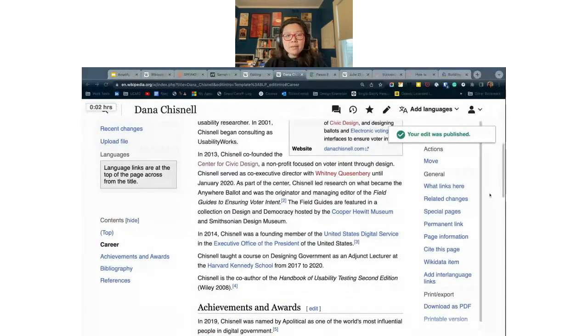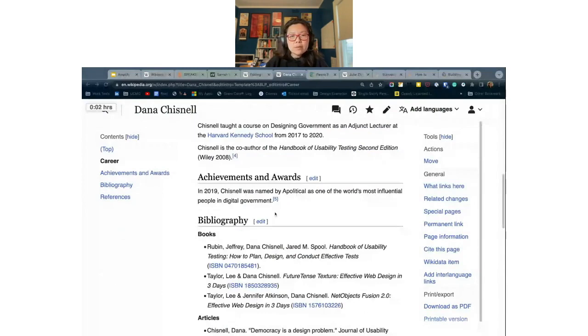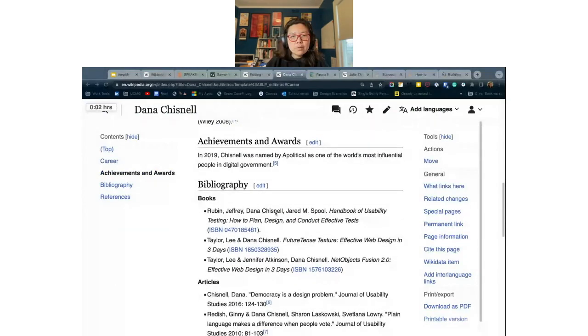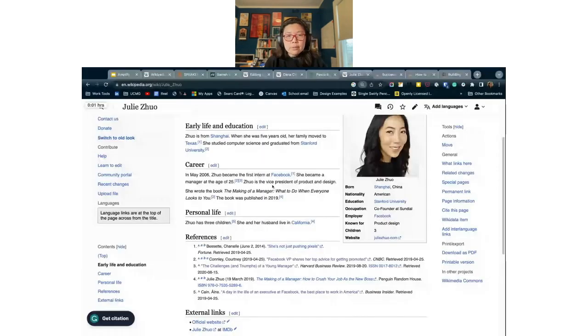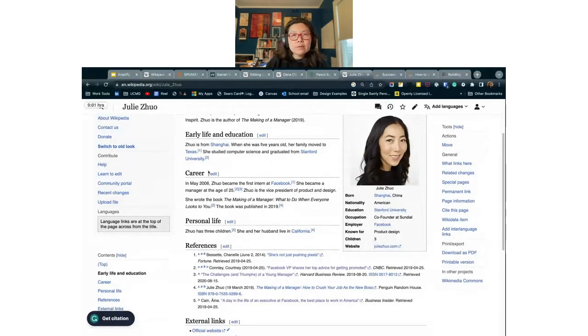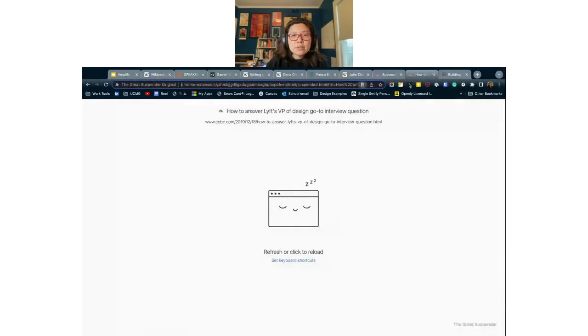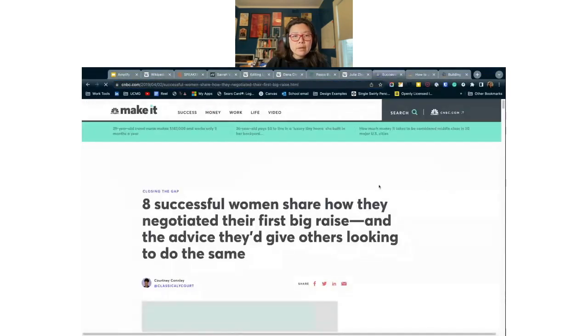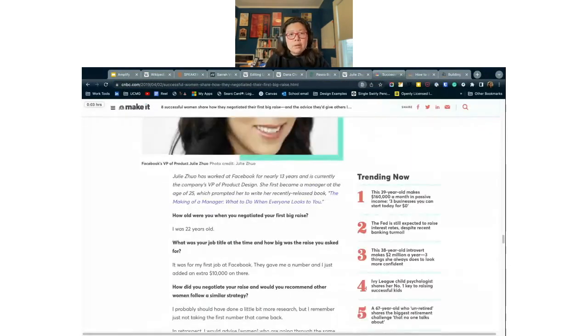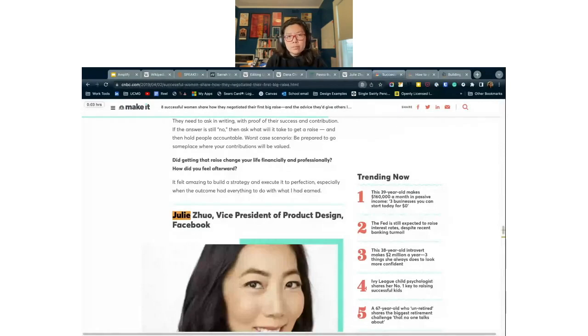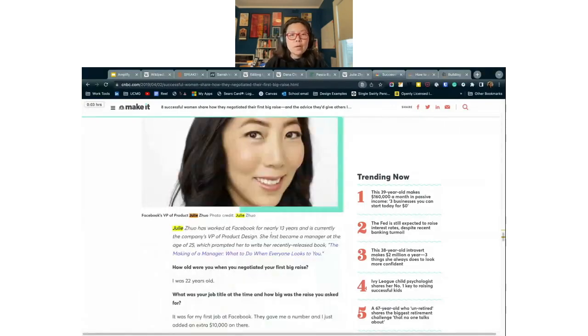And then if you want to cite a reference, that's easy too. They make it really easy to do. So let's see if I can find something to cite. In this article on Julie, she mentions, I think it's this article here. A lot of times I'll find articles by doing a Google search, and then I'll look for their name. Usually in professionally written articles, they'll mention the first name once, but then refer to them by their last name. So definitely search for their last name.